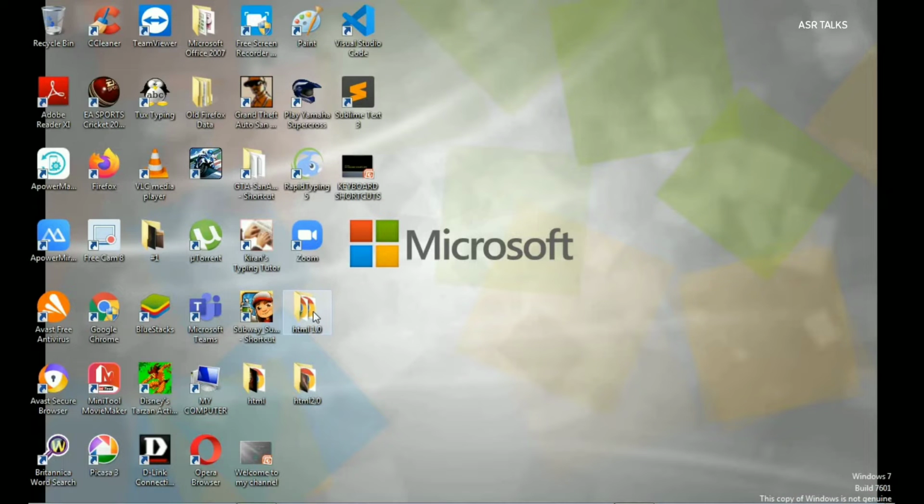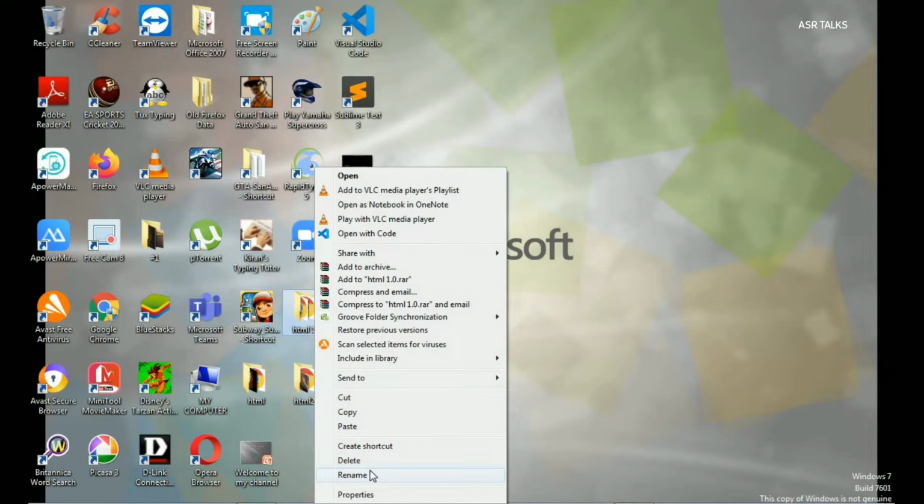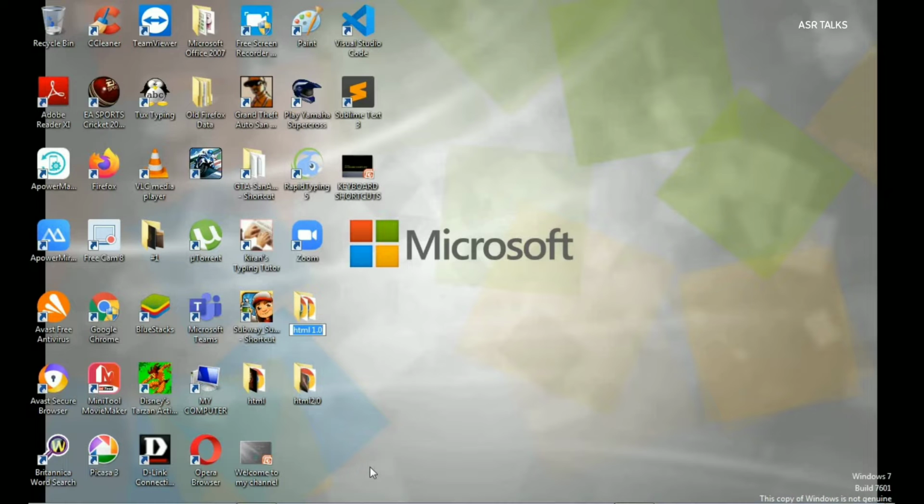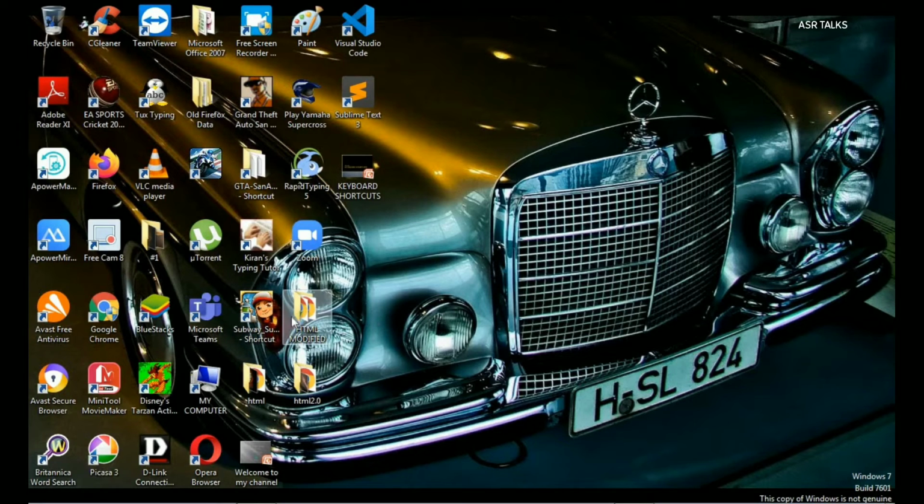The next shortcut key is regarding the rename. To rename a folder or a file, we generally click on it and then right click and select the rename option, and we enter the modified name. But instead of doing that, you can actually get it using the shortcut key F2. By selecting that and pressing F2, you can actually change the name of a file or folder. So like this, I am changing the name to HTML 1.0. So in this way, you can use the shortcut key F2.